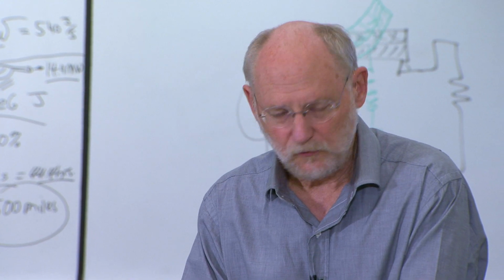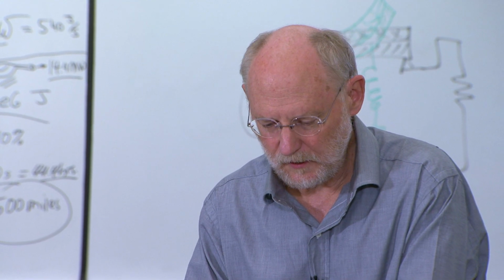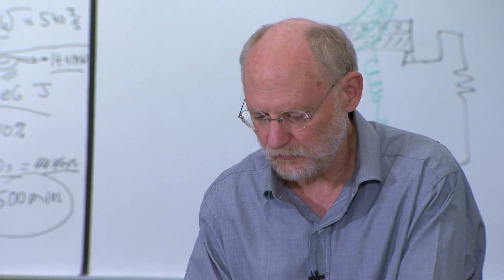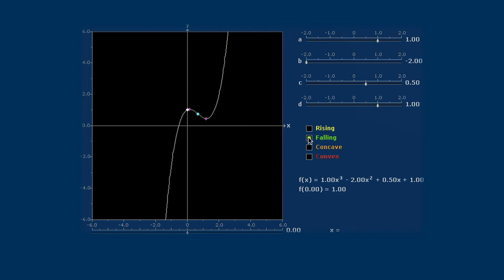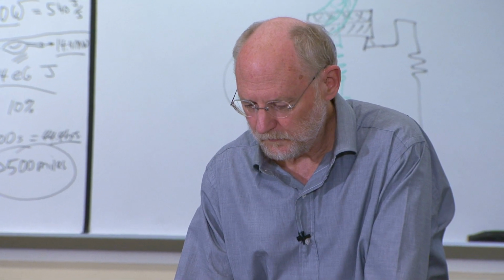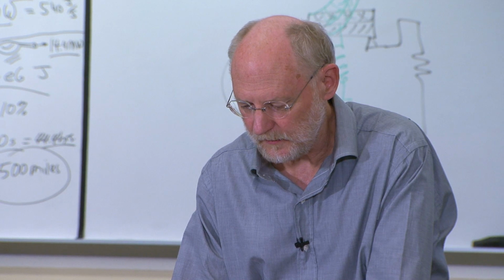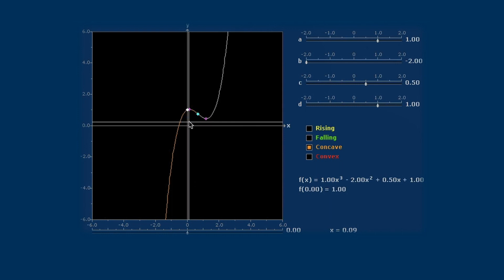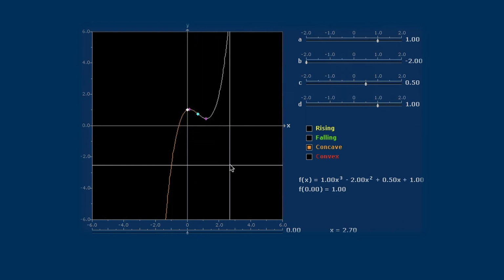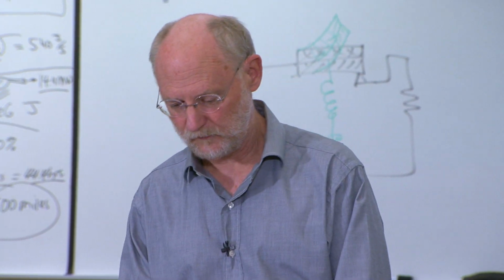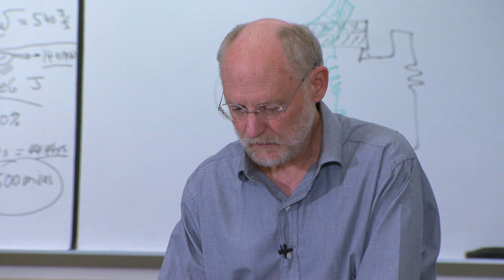So there are other features that students should be learning about in a pre-calculus course. You may be interested in showing them where the function is rising or where it's falling. Little section there where it's falling in green, and you can see again the color coding happens. So rising and falling are simple things. Students have a harder time with concepts like concave and convex. Let's see, concave has to do with a cave, so it curves down like this. But it includes places where the function is increasing and decreasing. It has nothing to do with the issue of increasing and decreasing. This is a hard thing for students to get sometimes. And there's the convex portion.